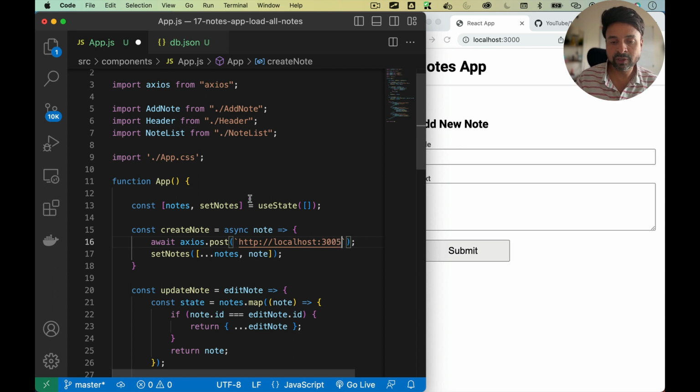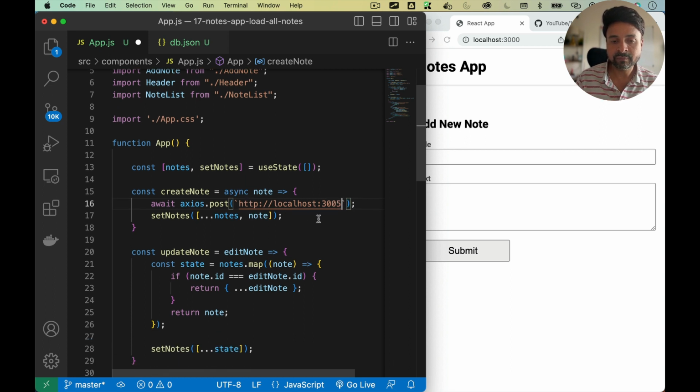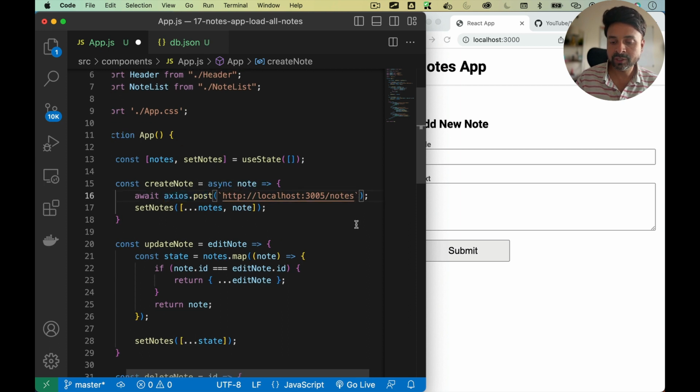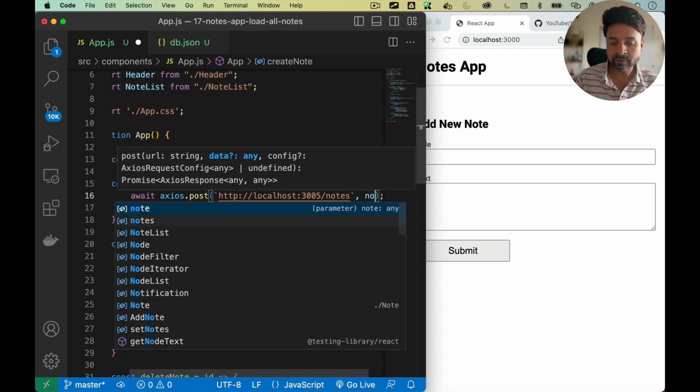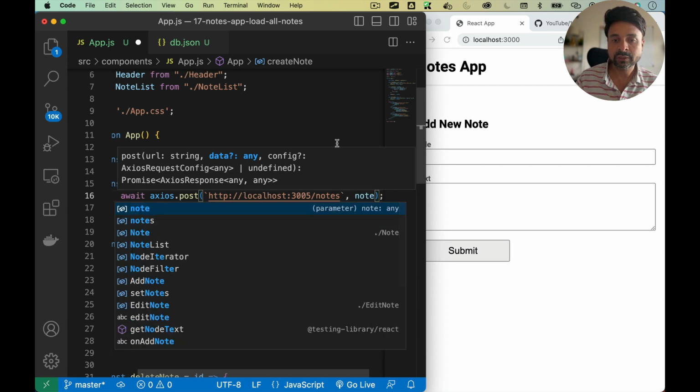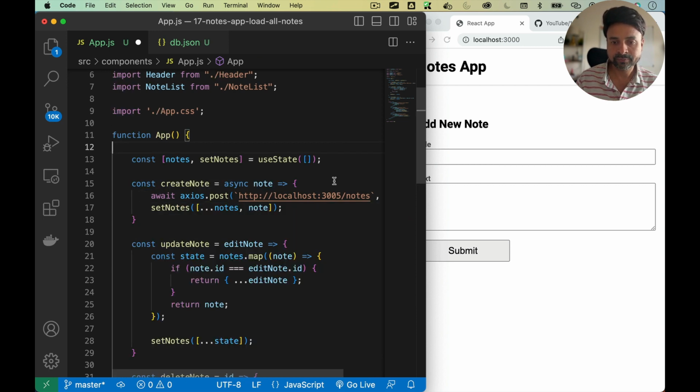This is the port where my JSON server is running. We are using the post request, right? And the URL exposed is /nodes. So axios.post, and I need to pass my node object as the second argument. So I'm going to use that node, and